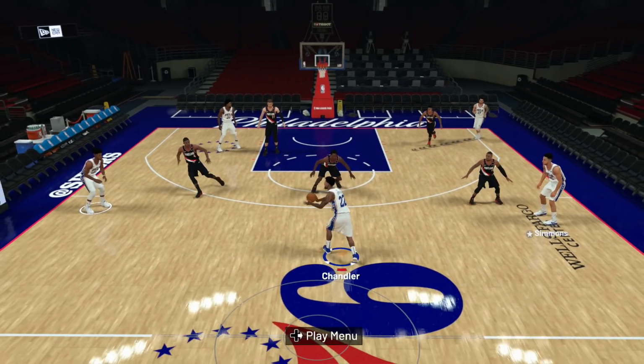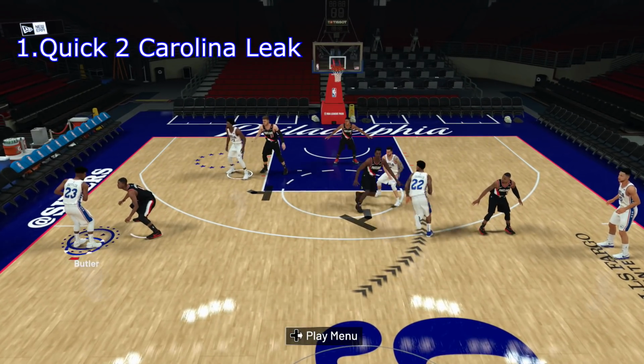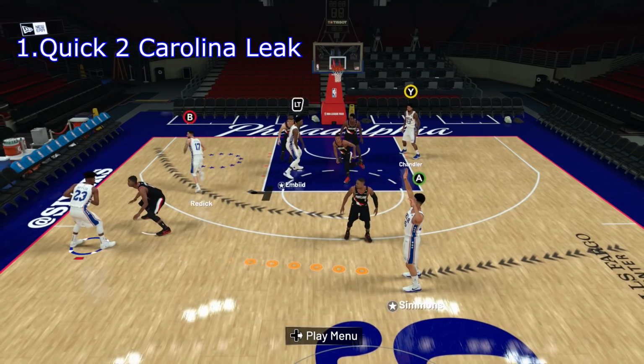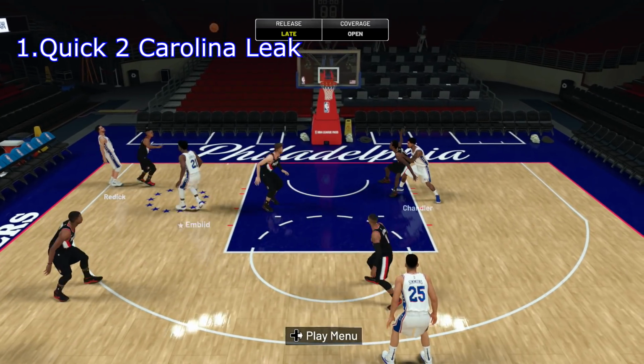So let's get into it. So the first play is the quick 2 Carolina leak. You can call this for JJ Redick or Jimmy Butler, and this play will get you 2 opportunities for a